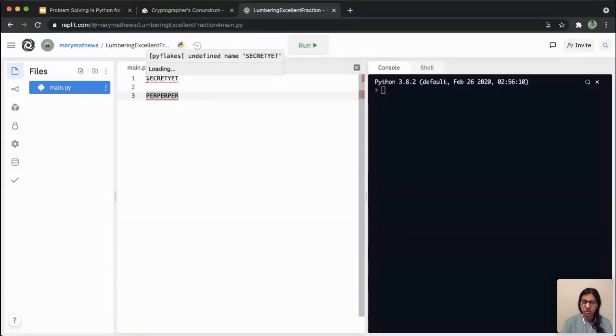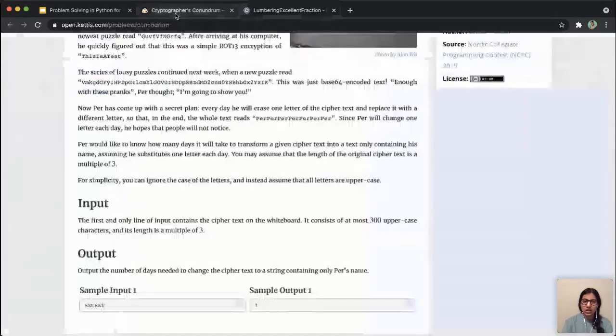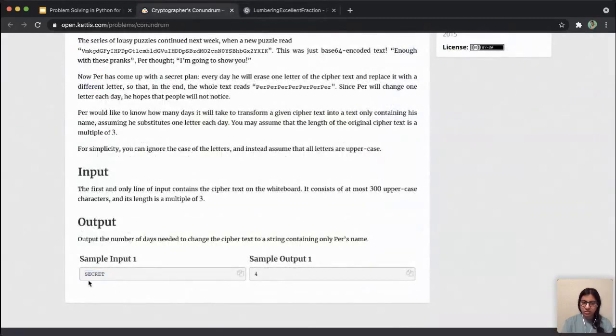So you can see here you have to change S to P. E doesn't have to be changed because it's already E, right? Then C has to be changed to R and so on. You'll have to change S, C, R, T, Y, and T. Okay, all the E's are already correct, but all the other P and R characters have to be replaced. Okay, so they want that count of characters, that's all. So in this case, it's 4 because you have to replace S, C, R, and T to get PER. Okay, so the output is just 4.